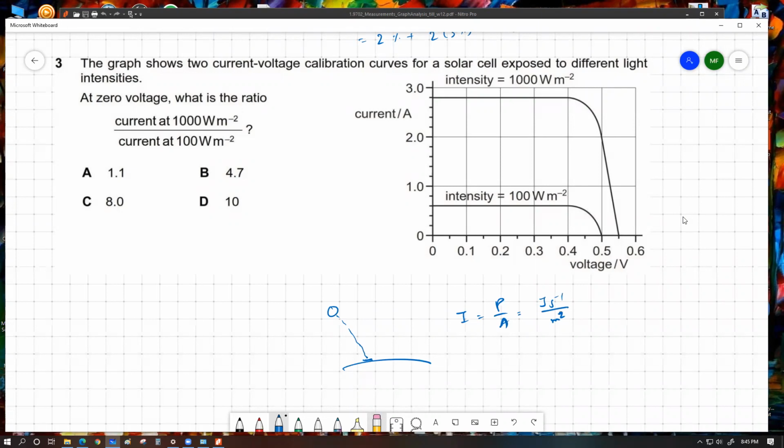Question also হচ্ছে the graph shows two current voltage calibration curves for a solar cell exposed to different light intensities. At zero voltage, what is the ratio of current at 1000 watt per meter square divided by current at 100 watt per meter square? The two calibration curves basically mean that you have a solar cell. Let's say this is the solar cell, and whenever you're exposing it to different intensities of light, artificial light, it gives us that for an intensity of 1000 watt per meter square, it follows this curve,